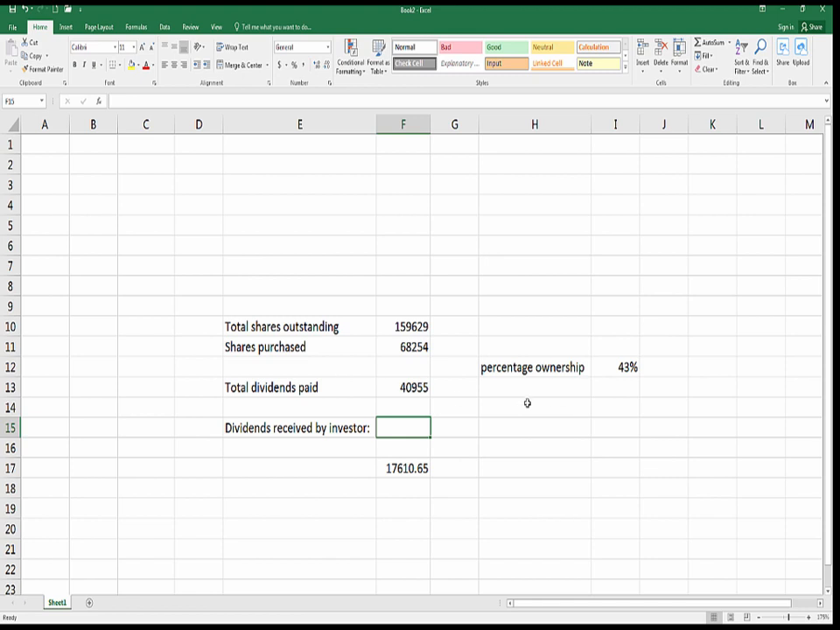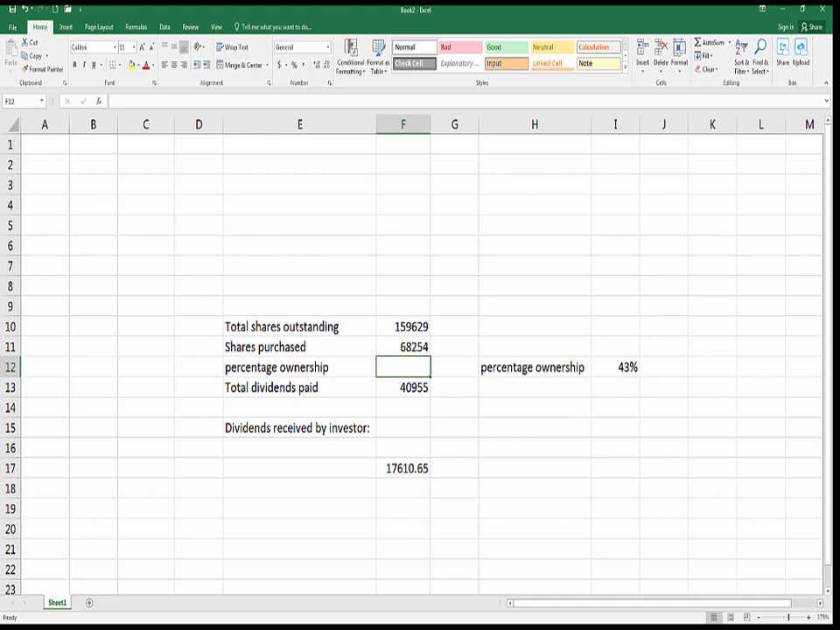Especially if I'm going to be using that percentage ownership over and over again. Every time I want to get the dividends received or the value of the portfolio and things of that nature, I've got to type in 0.43, which is an incorrect number. If I want it more accurate, I've got to type in more digits carried out to 4, 5, 6 decimal places. So the preferred way of doing this is to go ahead and select a cell,